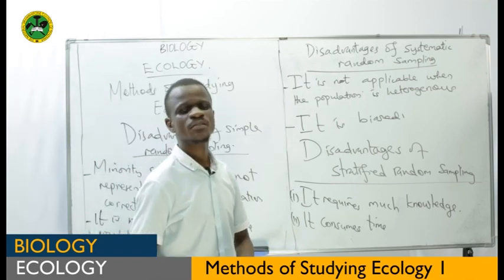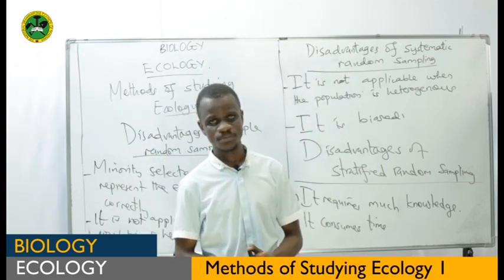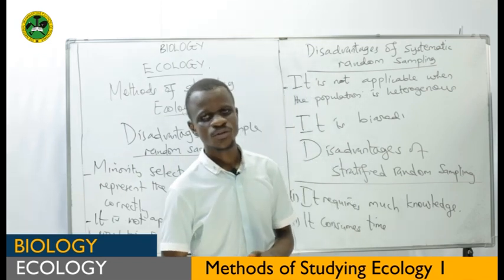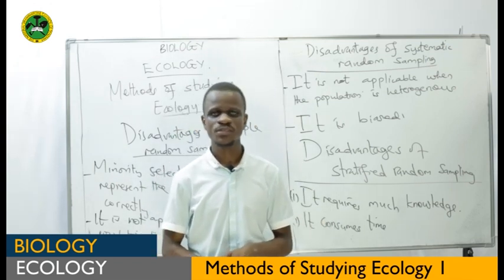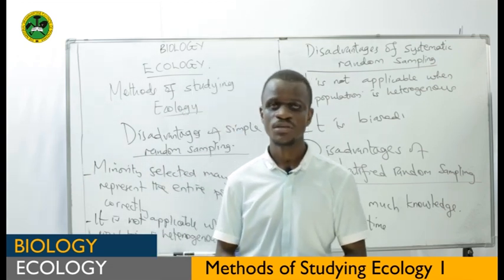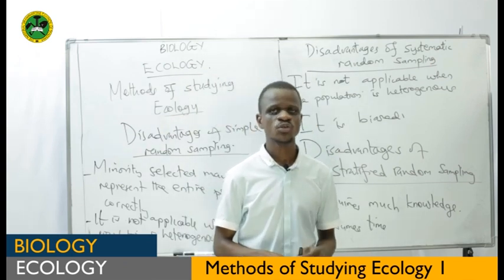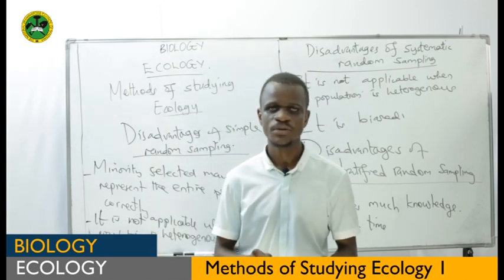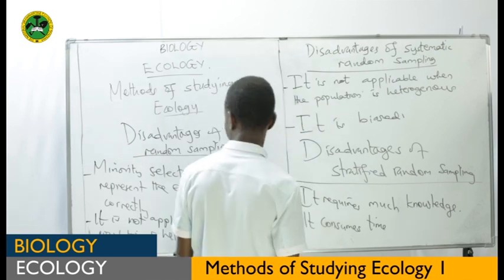Now, students, I'm sure you can define correctly the term sampling, the term sample. You can also explain how simple random sampling, systematic random sampling, and stratified random sampling can be conducted. Hope you can use this in the field. And also, you know now the advantages and disadvantages of each sampling technique. Now, my students,